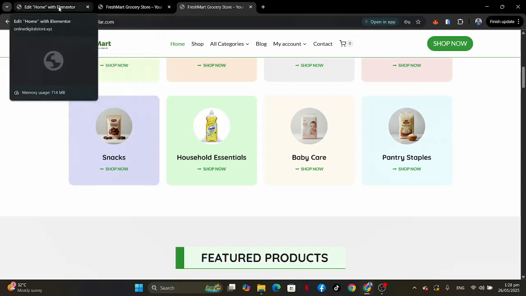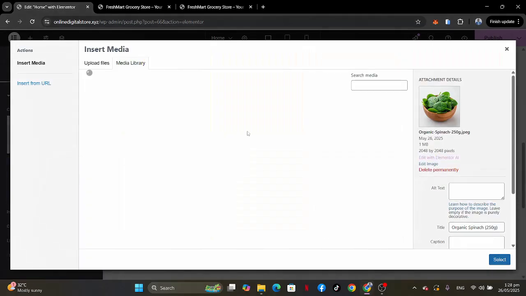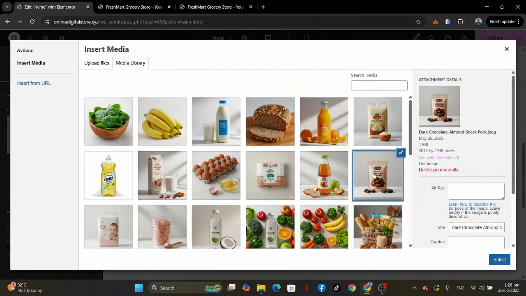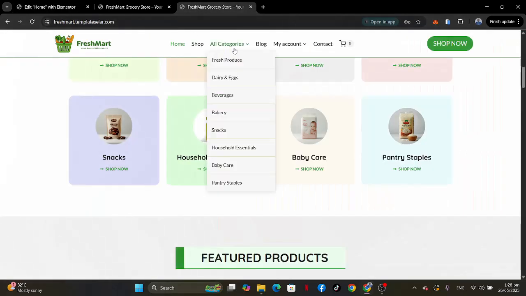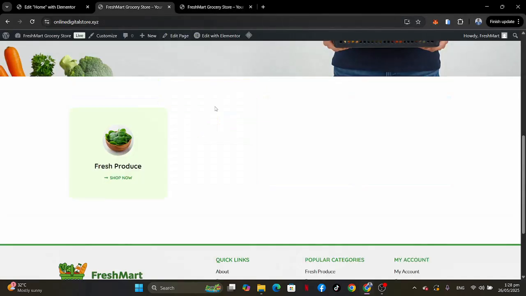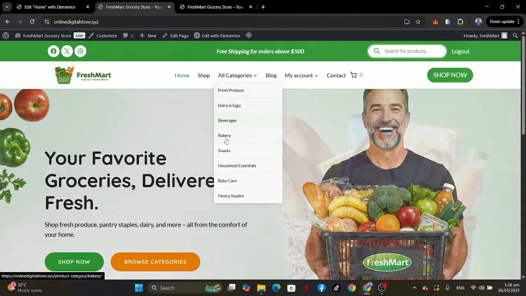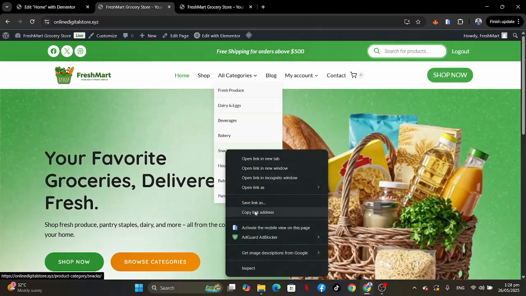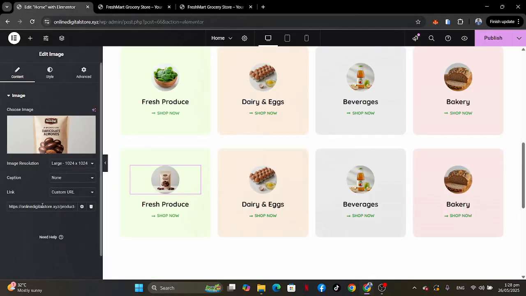So very easy. So this ones are snacks. So you click on it and then you change it to the snacks. So you come over here, you pick your, what have I been picking? I needed to pick this particular link, but I was picking a different link. Okay, so we come over here, you pick you change it to